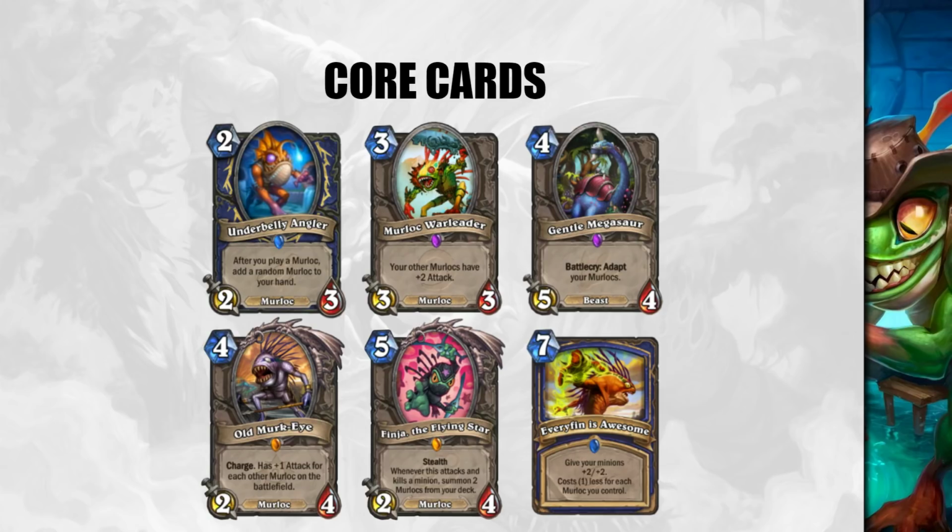Speaking of Finger, again, Finger is a core card, but if you don't own it, you don't necessarily need to craft it. The reason it's in the deck is to help you with your aggressive matchups. Just being able to trade in a minion, get 2 minions for free. Those minions could be an Underbelly Angler, or even a Scargill, which we haven't mentioned yet, and you can just make horrendous boards out of nowhere, and then buff them with the final core card in the list, Every Fin